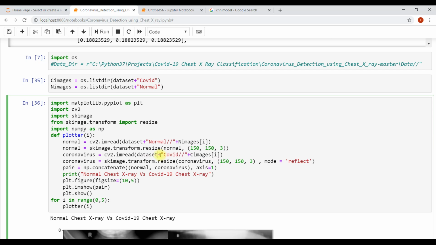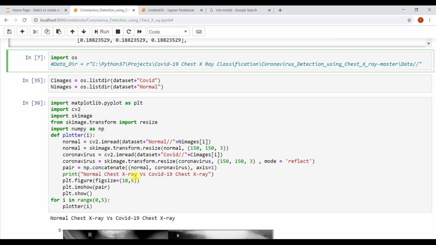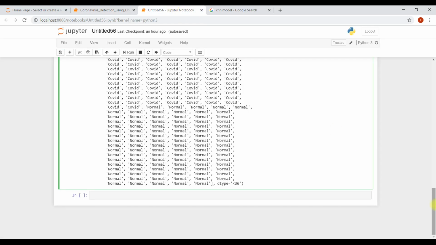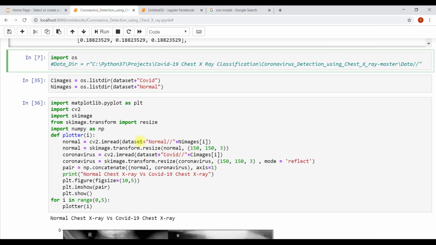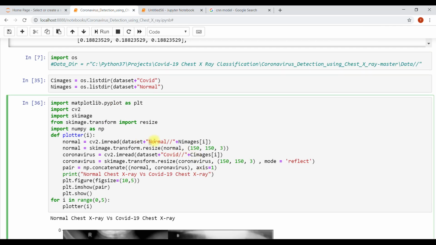Let me explain what this is. So, read the data set. From the data set, the data is there up to here. From the data set, go through the normal folder and read all the images and resize them. Why do we need to import resize here?